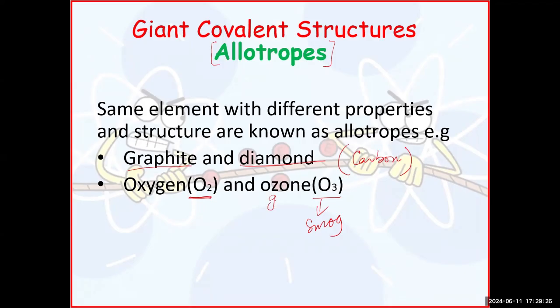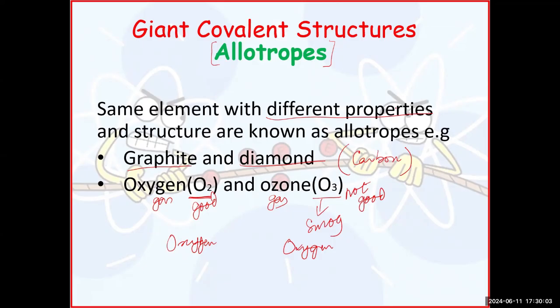But they both are made up of the same element, oxygen. Same element, right? But both have different properties. Oxygen is good. Ozone in the lower atmosphere is not good for us. Opposite in their properties, although they belong to the same element. But because they have different formulas, they have different properties.